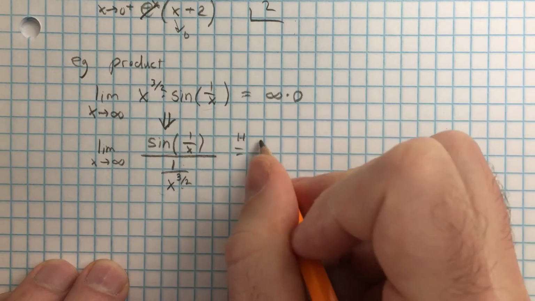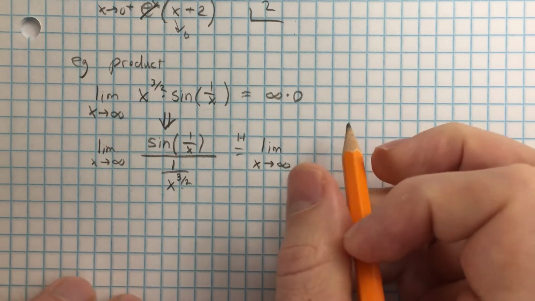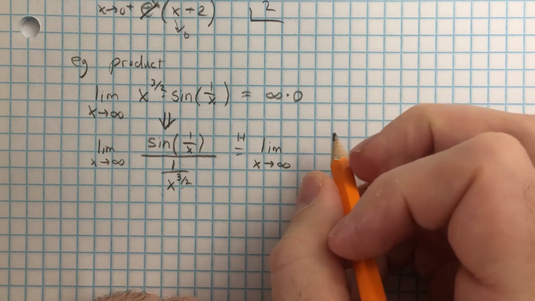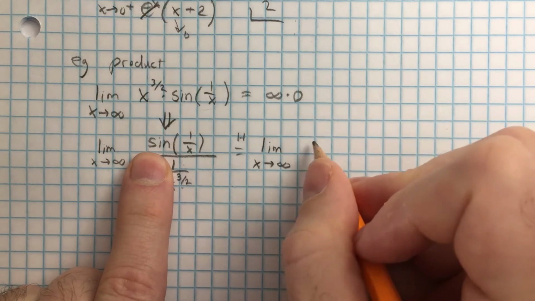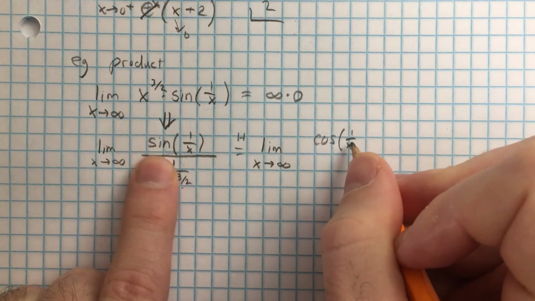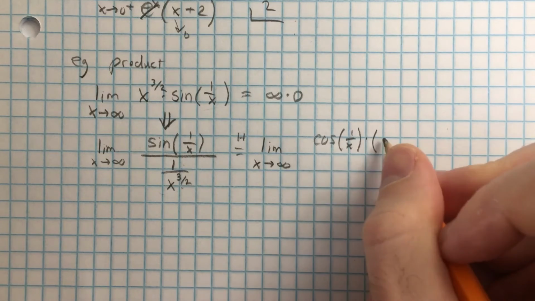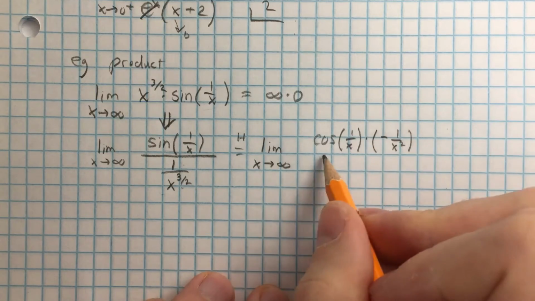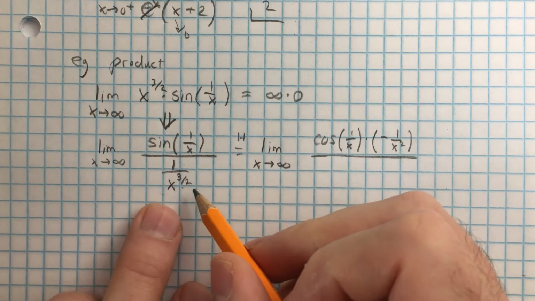So we should have, in exchange for this, the derivatives of the numerator and denominator. The derivative of sine 1 on x should be: outer function sine gets differentiated to become cosine, the 1 on x inner function stays the same, and then I take the derivative of the inner function to get negative 1 on x squared. So there's the numerator's derivative. The denominator's derivative,